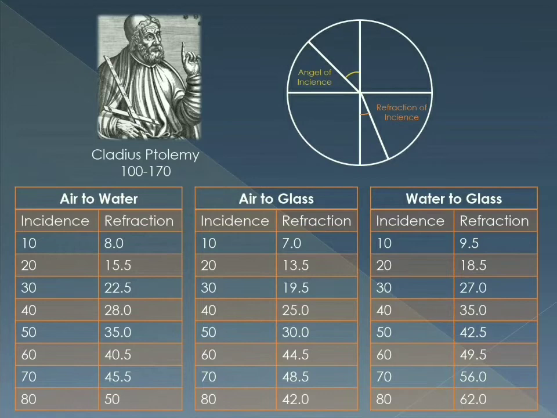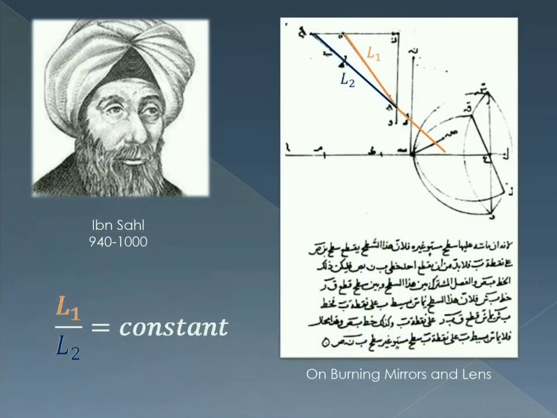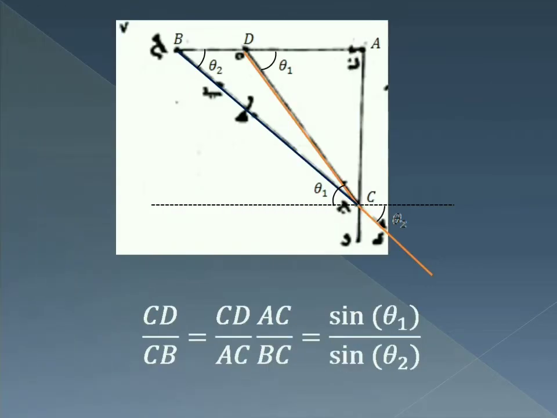Ptolemy did an experiment on refraction in about 160. The results are in the fifth book of Ptolemy's Optics. He noticed that when the incidence angle increases, the refraction angle also increases, but he couldn't find the exact relationship. In 984, Ibn Sahl found the law of refraction. The orange line is the light's path, and if we extend the refracted path, the navy blue line occurs. If we call L1 the incident ray and L2 the navy blue line, L1 divided by L2 is constant. We can put in angles. Eventually, sine of theta 1 divided by sine of theta 2 equals a constant.